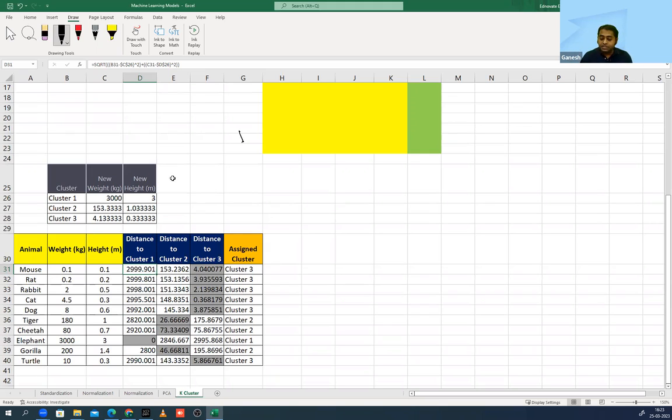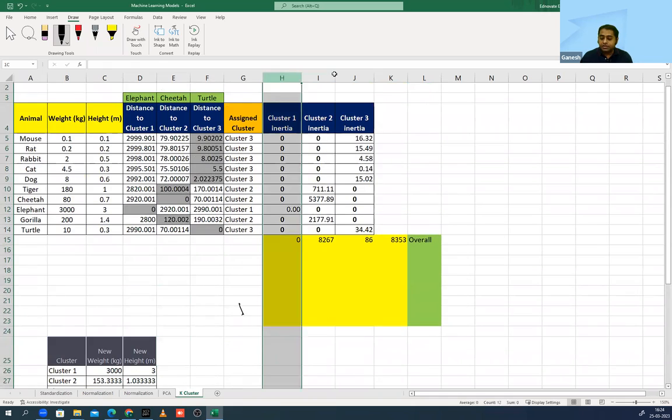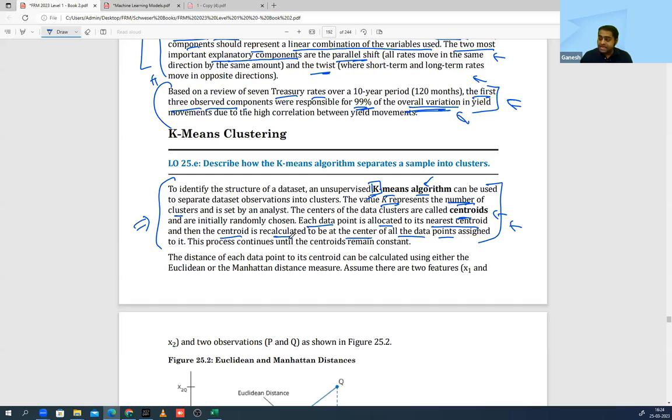And we will go to this part. I have not touched the inertia part as of now. We'll go to that. But this recalculation means it will keep on doing it, and every time your cluster will change. There will be a point where the data will be in such a way that you will be able to identify the true cluster of that part. Where should the elephant be in reality?